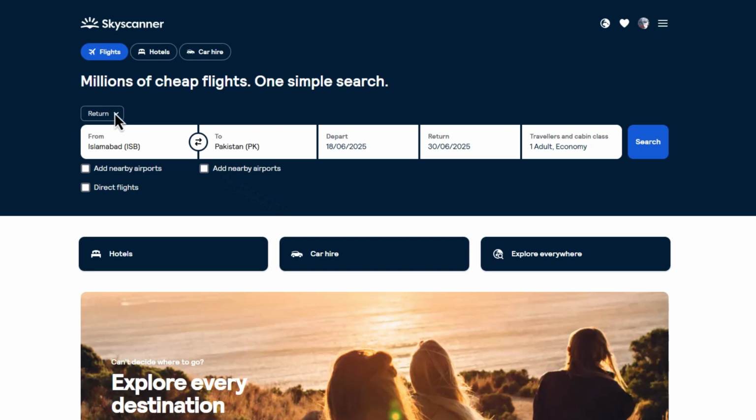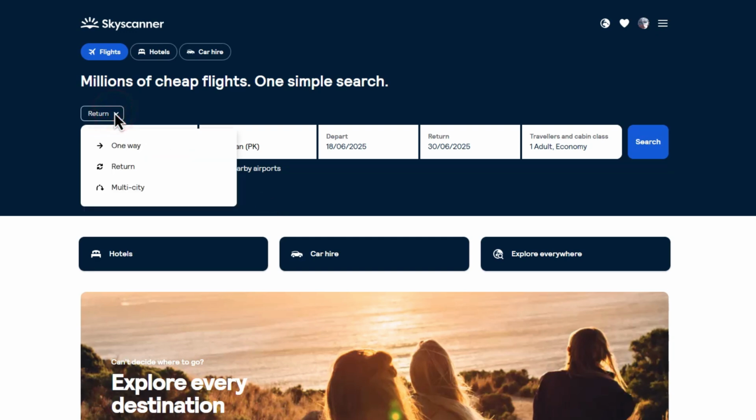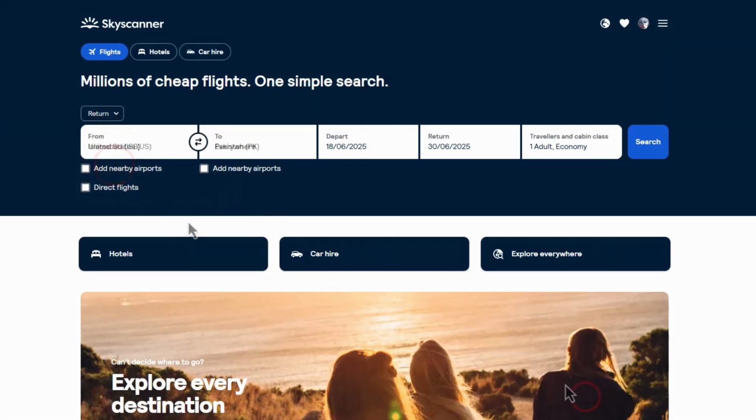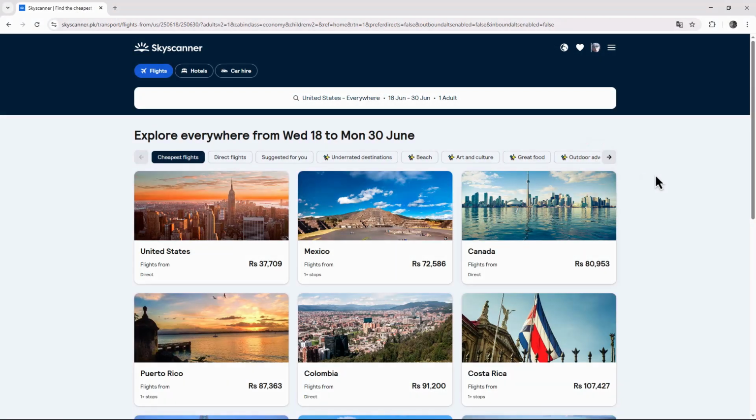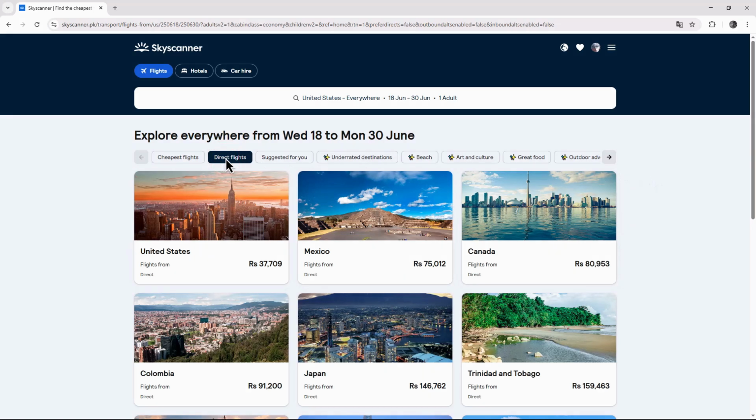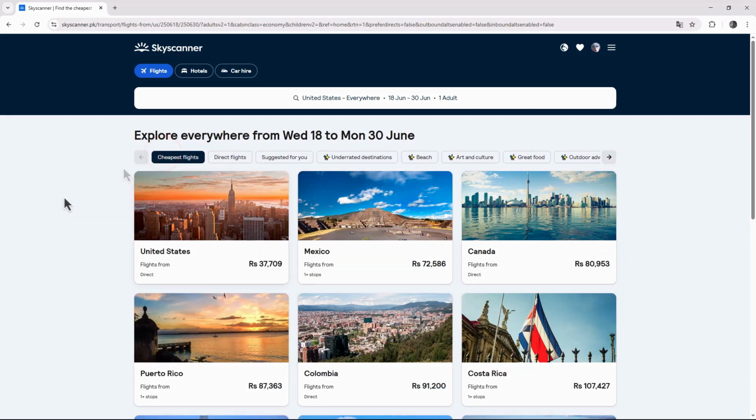You can also choose between one-way, return or multi-city options. Enter your destination and travel dates, then click the search button. Once the results appear, you can filter by direct flight or cheaper options and select the one that suits you